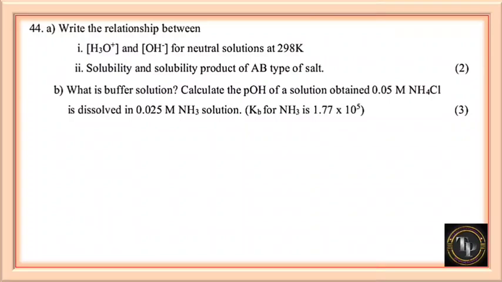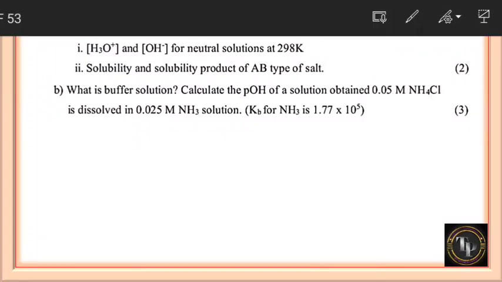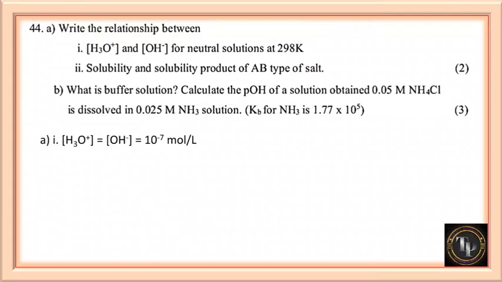Write the relationship between H3O+ and OH- for neutral solution at 298 Kelvin. Solubility and solubility product of AB type salt. What is buffer, and some problem is given. See the first question: for neutral solution, H3O+ and OH- both are equal and equal to 10 power minus 7, because for neutral solution pH is 7. So pH is 7 means molar concentration of hydronium ion and molar concentration of hydroxyl ion